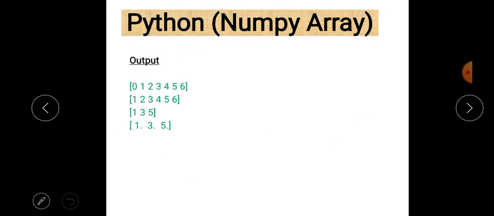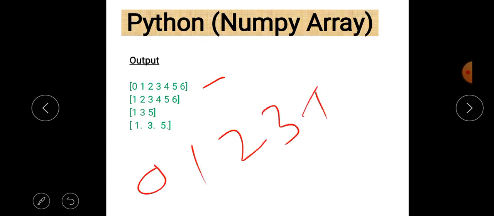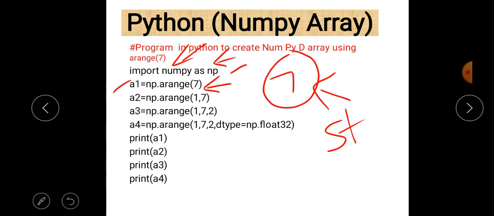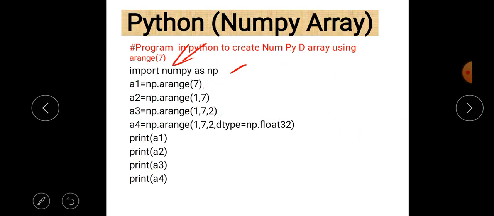In the first case, the elements of the array are 0, 1, 2, 3, 4, 5 and 6. Now look at the first array. In the first array a1, only the stop value is given, which is 7.